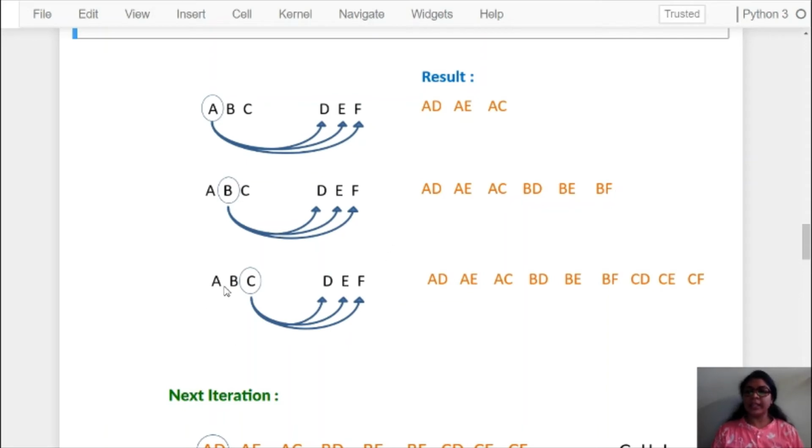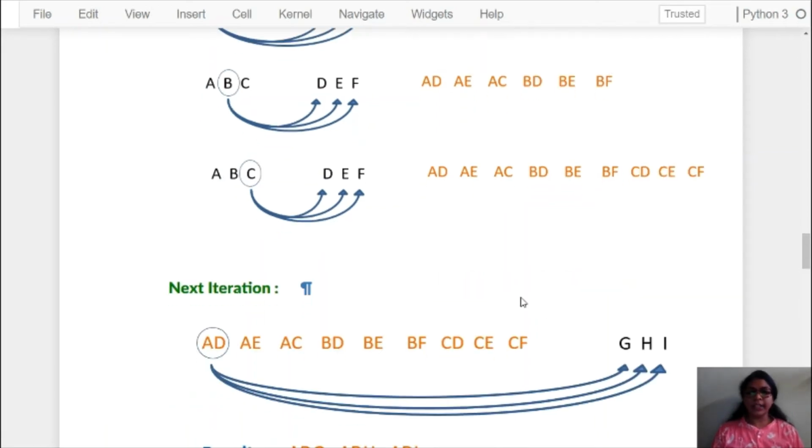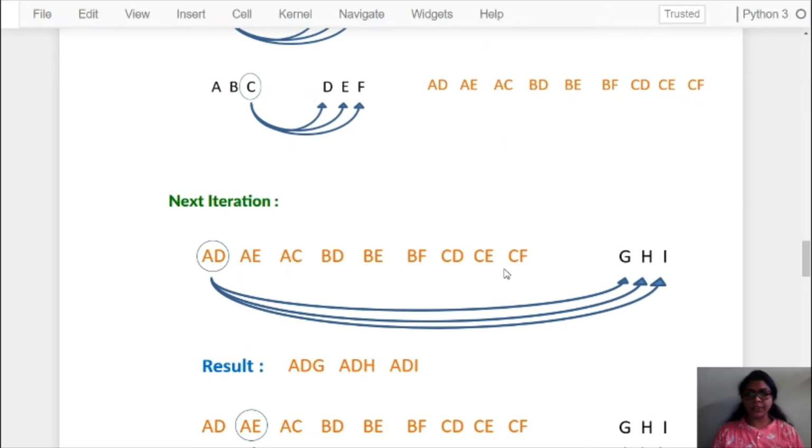Then the third time C will get combined with D, then C with E, and C with F. So here we will get CD, CE, CF, and again that output will be stored in the same list result. Now for the second iteration we have this result, and we will make use of the same result.